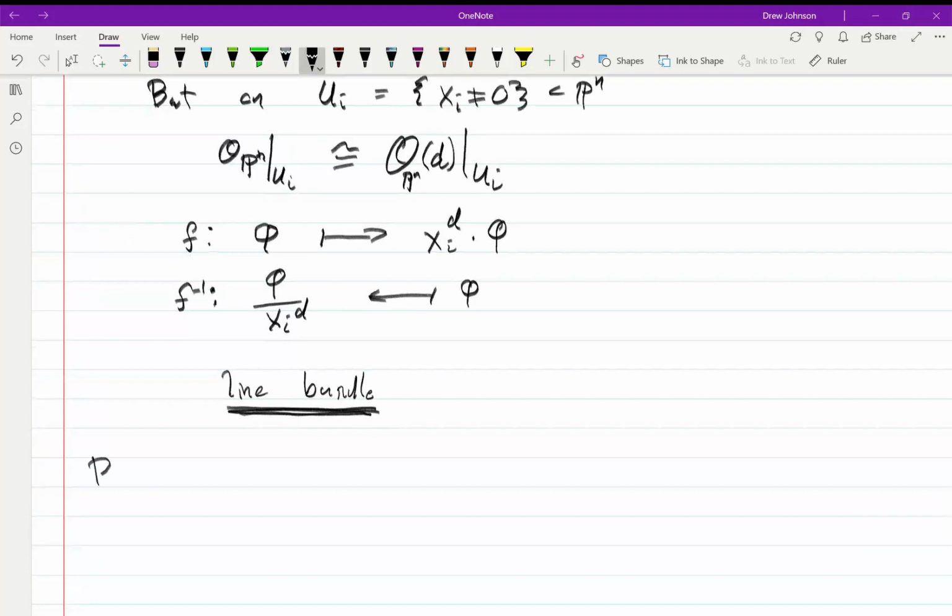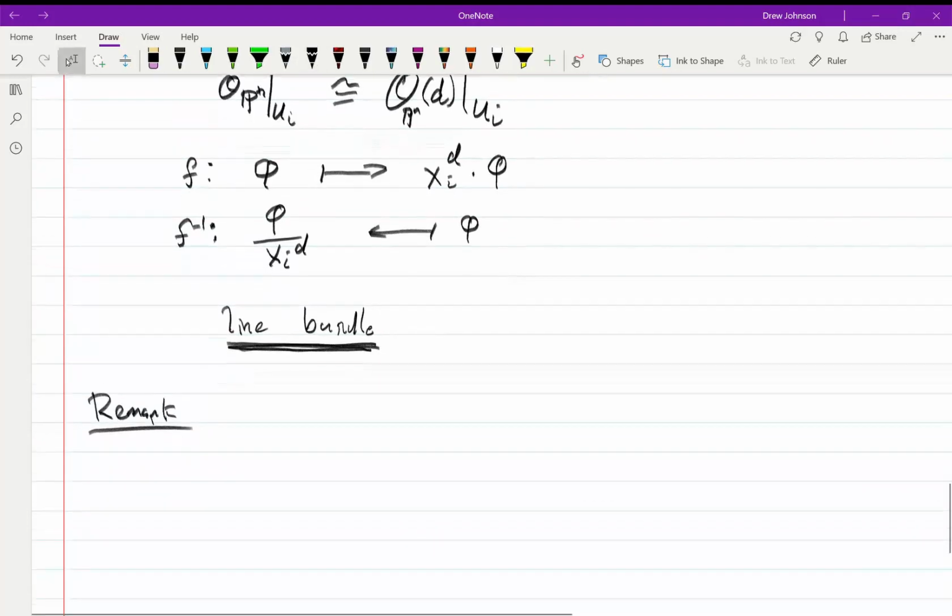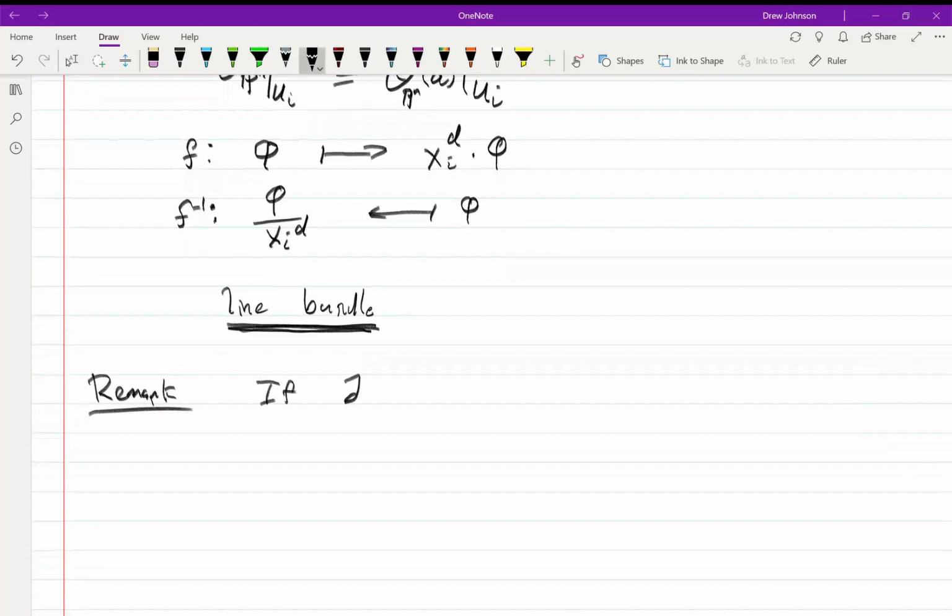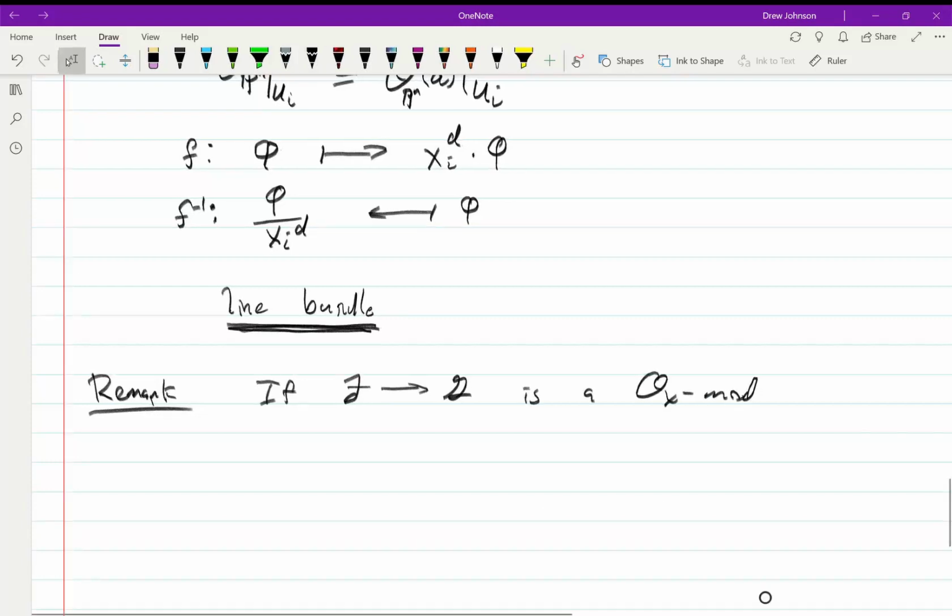Okay, so here's a remark now that's sometimes useful. So if we have a map, an O_X module morphism, so maybe we'll call it f: F → G. Now remember, with O_X module morphisms, F and G are both sheaves of modules on the same space, right? Okay, so then for any P in X,